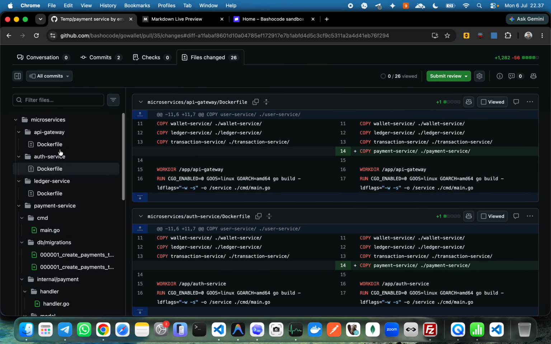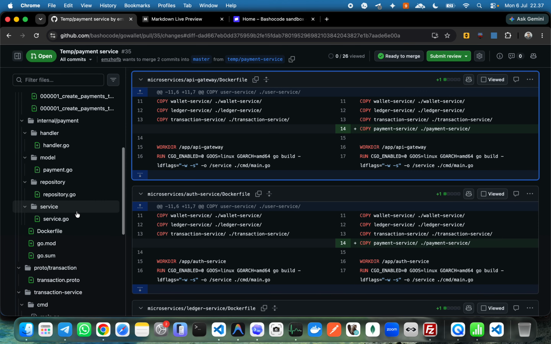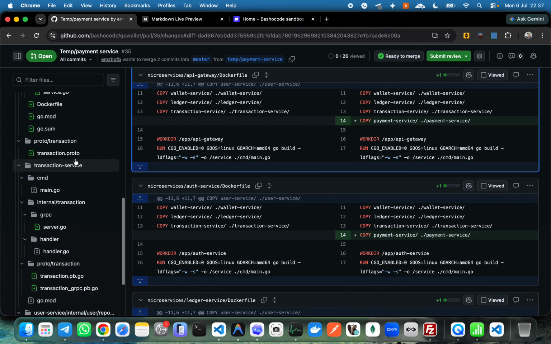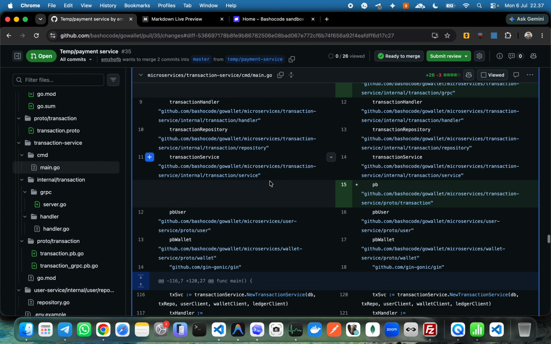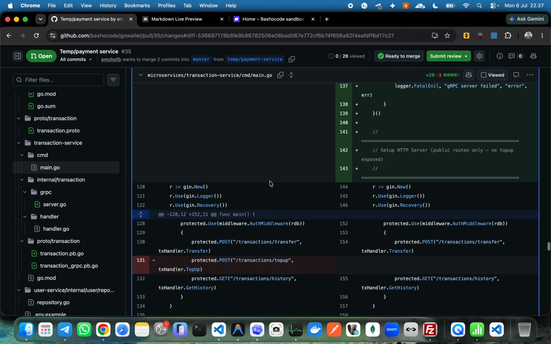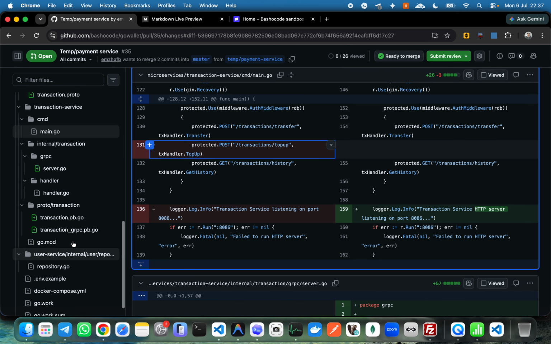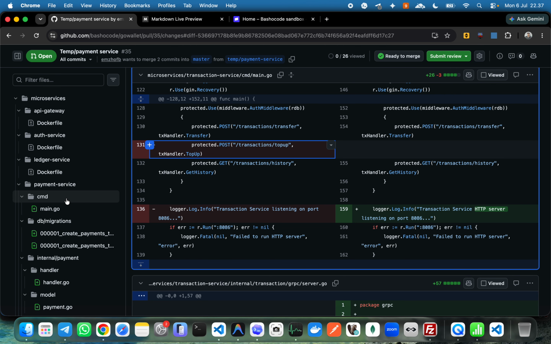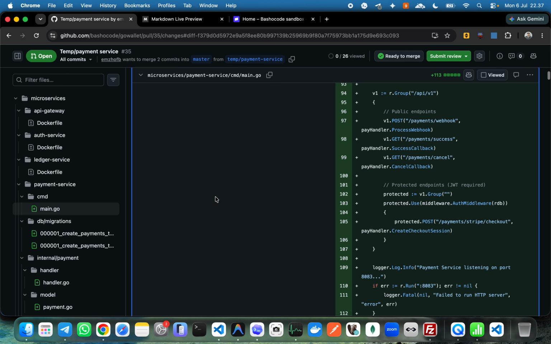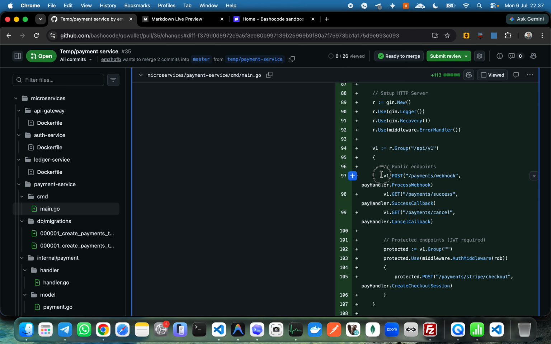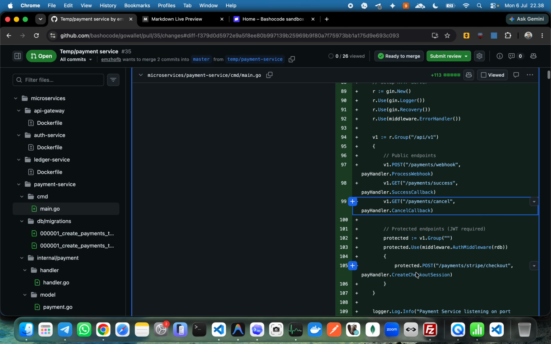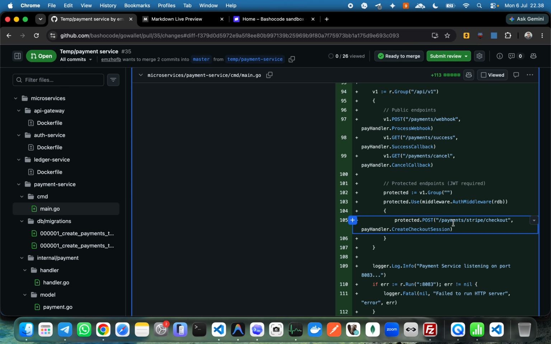And then I think now we will try to go here. If you see, inside the transaction service, here I remove the top up, right? I remove the top up, and then I put the top up to the payment service top up, and this is the public webhook success cancel, and then Stripe checkout. I changed the checkout data, sorry, to the checkout